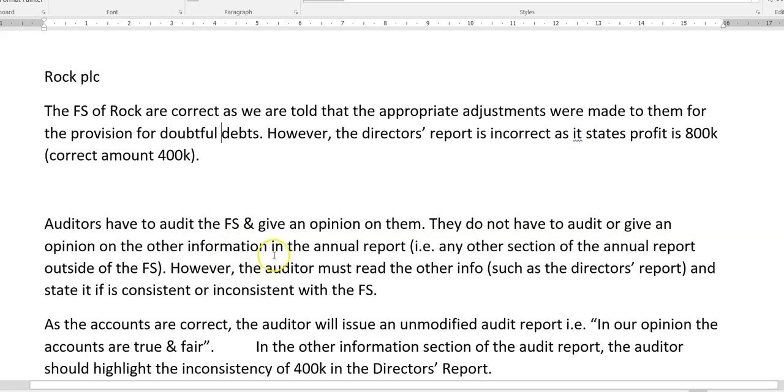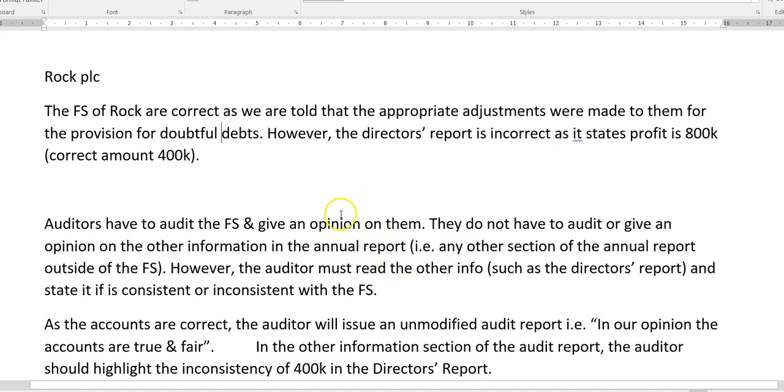Then you say the responsibility, you want to show that you know the auditor's responsibilities in relation to the financial statements compared to the other information. So here, there's the auditor's main responsibility, audit financial statements and give an opinion on them. However, they do not have to audit or give an opinion on the other information. And then other information is any other section of the annual report outside of the financial statements, the income statement, balance sheet, notes to the accounts, cash flow statements, statement of changes in equity. You don't have to list them all, but that's the financial statements. And the auditor must read the other information and state if it's consistent or inconsistent. And that's your